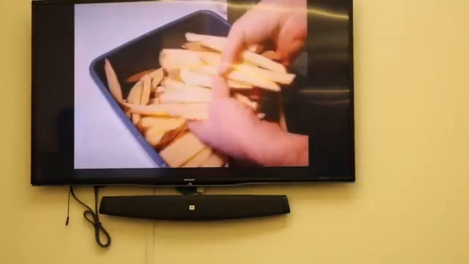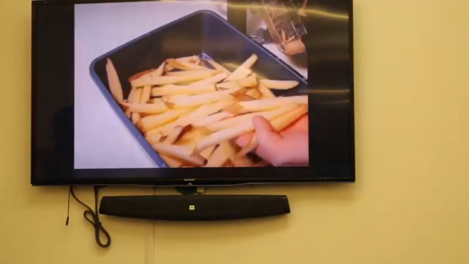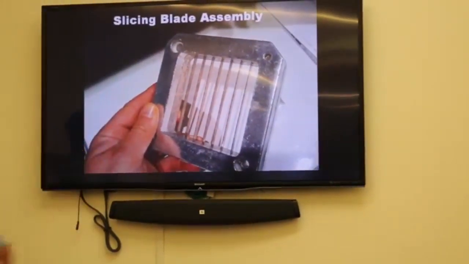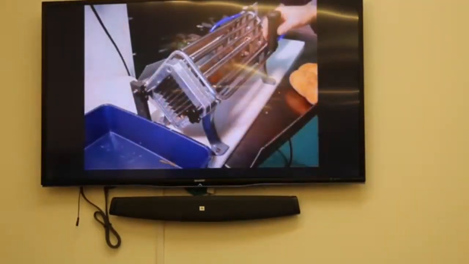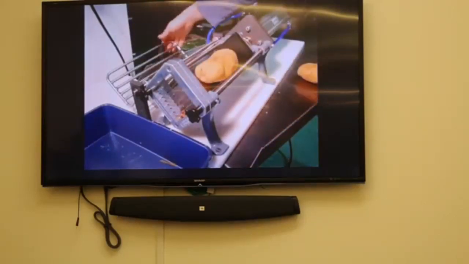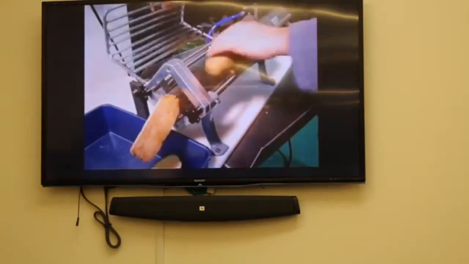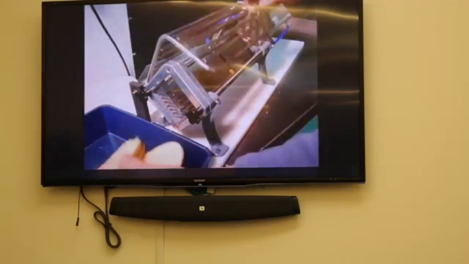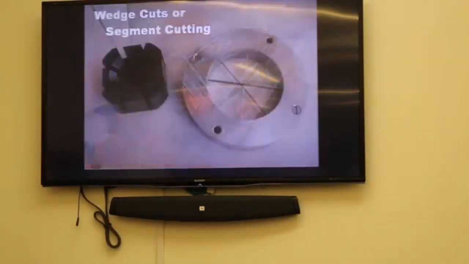And as you can see, perfect 3/8 inch French fries. This just shows the different set up patterns of right blades. Now for a 3/8 inch potato slice, you simply lift it, load the potato, and once we close, it'll automatically push it right through. Now, perfectly sliced potatoes. Nice and straight, no curve.